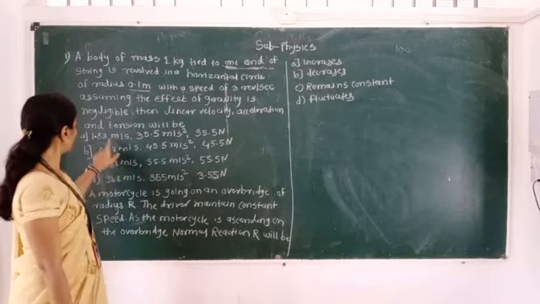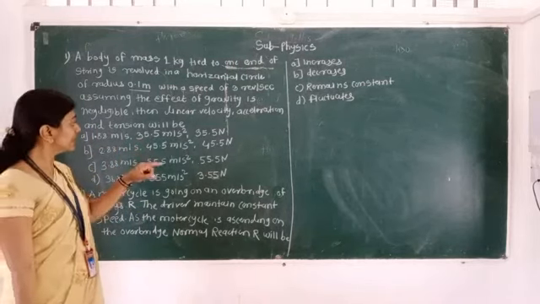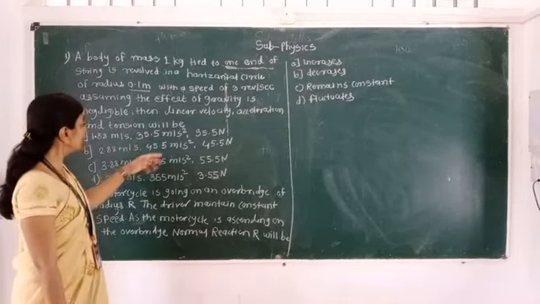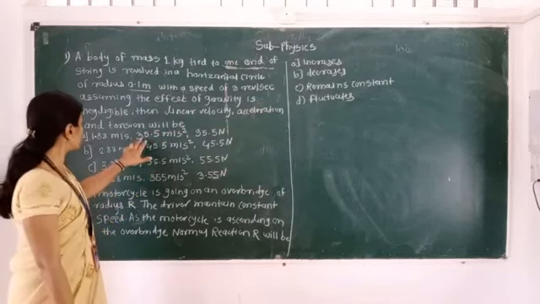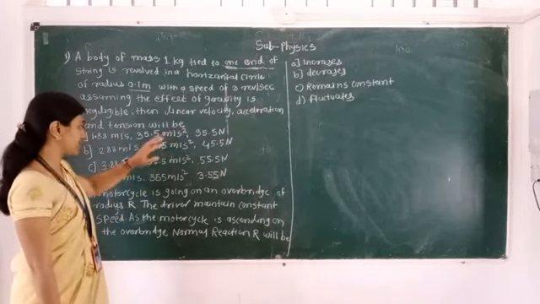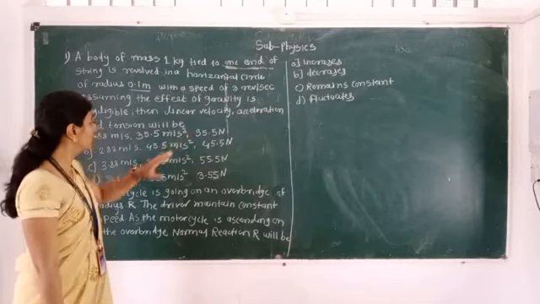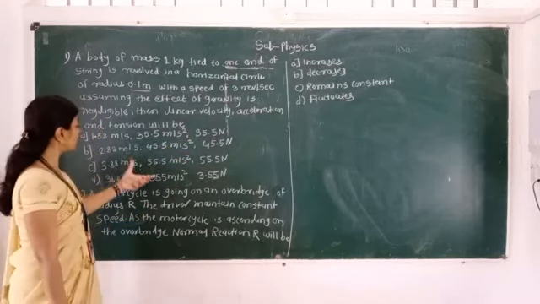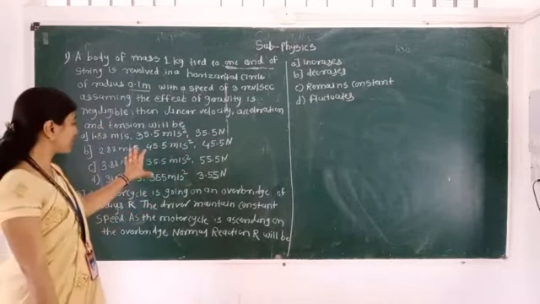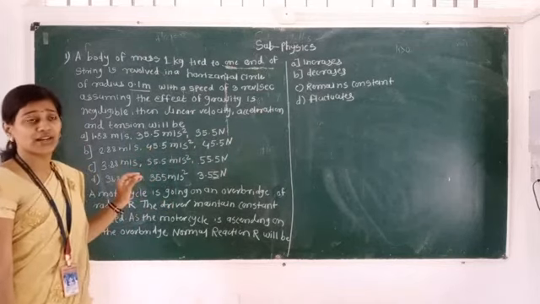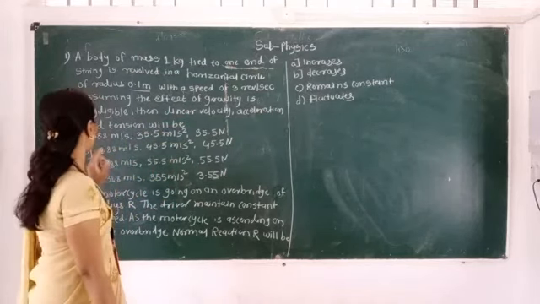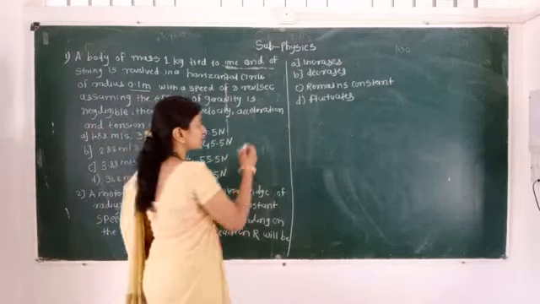1.88 meter per second. First value is for linear velocity, second value is for acceleration, and last one is for the tension. 35.5 meter per second square, 35.5 Newton. So rest all values are there. I am not going to read. You can see in that video. We have to find out the linear velocity, acceleration and tension. We will start to solve that.